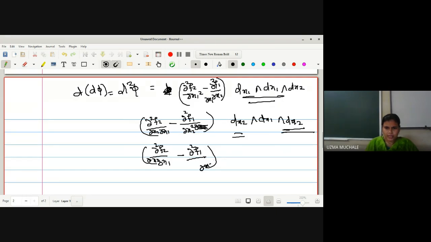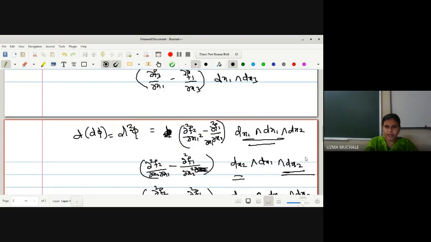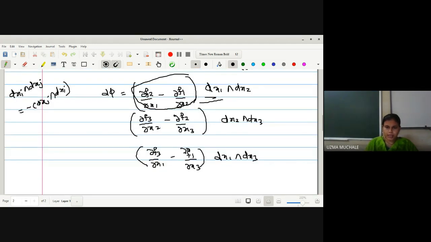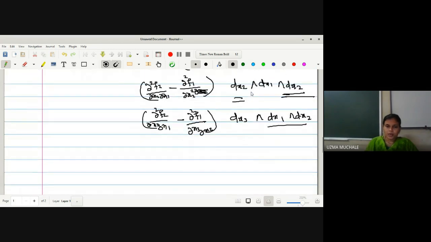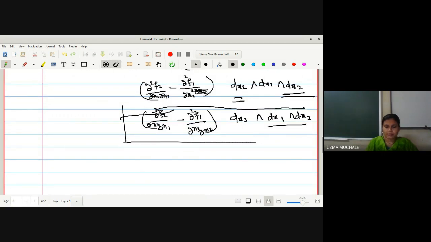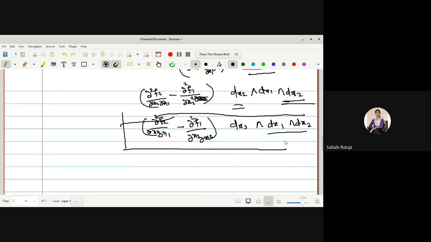Okay, here is x2, so we are now evaluating with respect to x3. Now here we will remain with x3 wedge product with x1 wedge product with x2. Okay, यह हमारा already पहले वाले terms है, right? dx1 wedge product with dx2 and then for the last term we have a x3. Okay, so first two terms are 0, so we will remain with only this third term. Yes, everyone got me? Yes, ma'am.